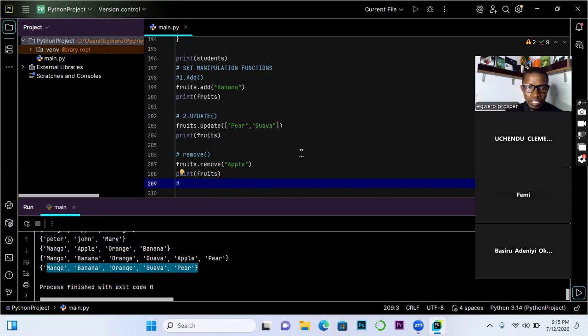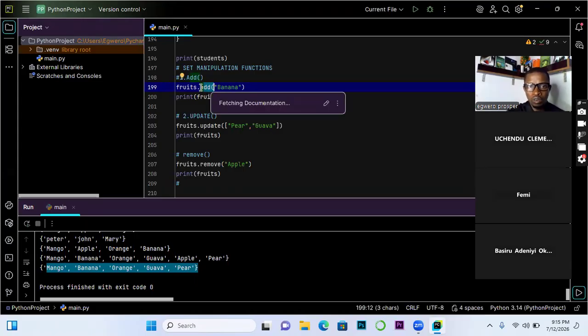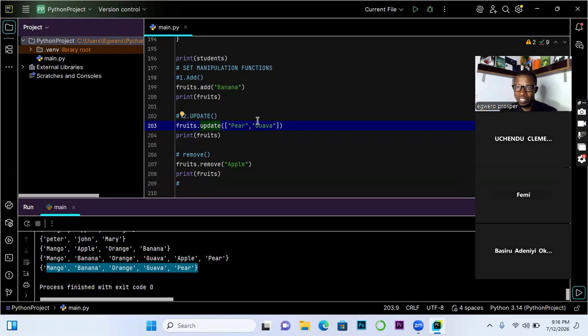Okay, what I'm saying is that we added one, both the add and the update, therefore adding. But add is only used for adding one at a time, while update is for adding multiple values. I hope that is clear. Yes, my concern is when you added, I think it came as the number one item. Yes, that is the standard when it comes to sets. Under list, we were able to use insert to choose where it should go. But if you are on set, when you add, it's going to take the first space and push the other one.